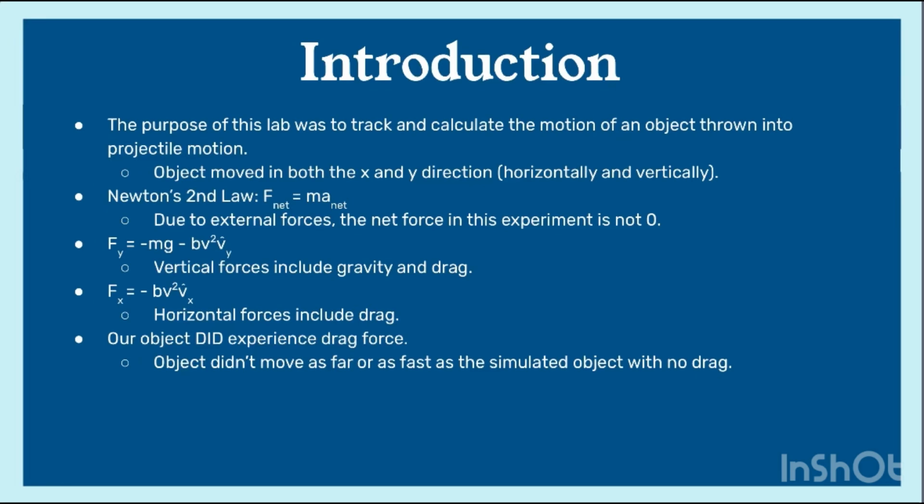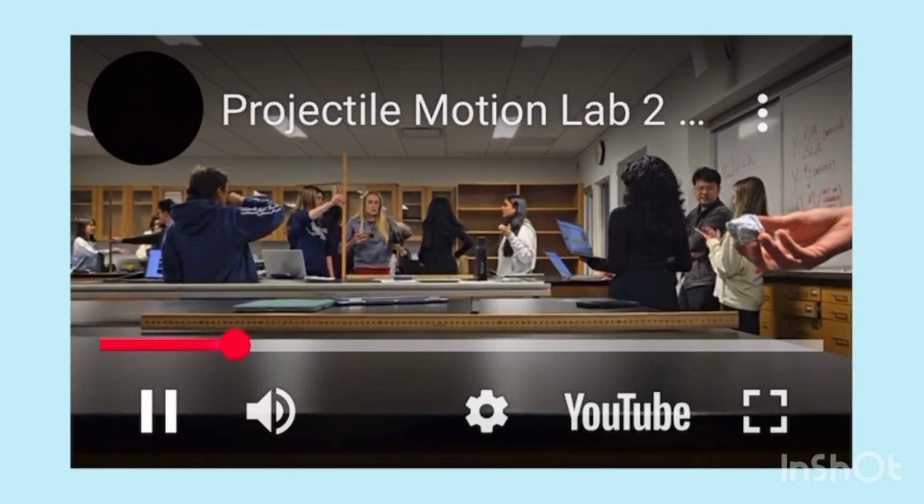For the vertical one, the forces that cause an overall force are gravity and drag. Meanwhile, for horizontal, the force is just drag. And as we'll see later, our object did experience drag force since our object did not move as far or as fast as a simulated object in GlowScript with no drag. All right, so here's the video